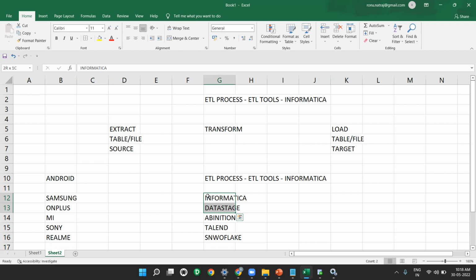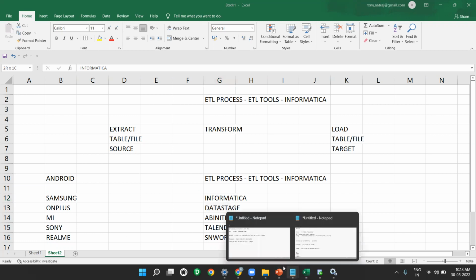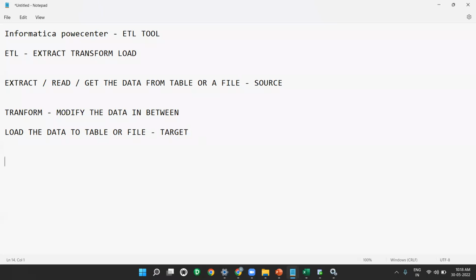This is called the ETL process. Now, where does this ETL come under? Actually, we have a technology called business intelligence. What is this business intelligence? Whatever the data, ETL tools, reporting tools, data mining tools, or data visualization tools, all will come under